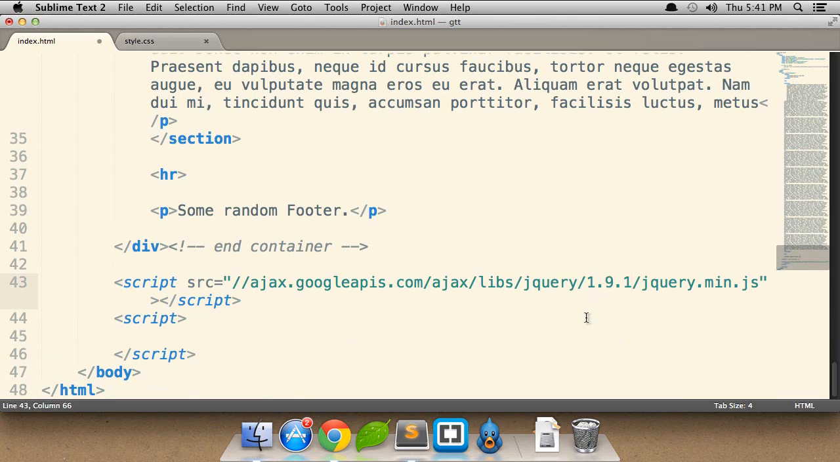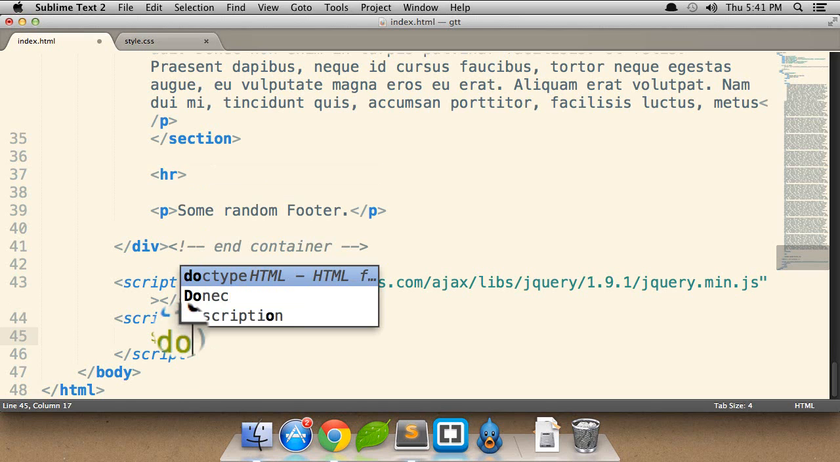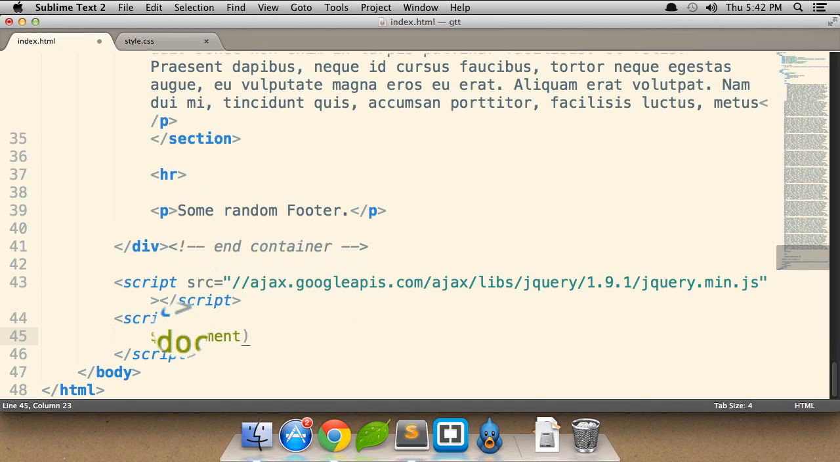Latest version, I think it's 1.9.1, I think. Yeah. Okay, so let's go ahead and write some scripts. So I'll say document, document